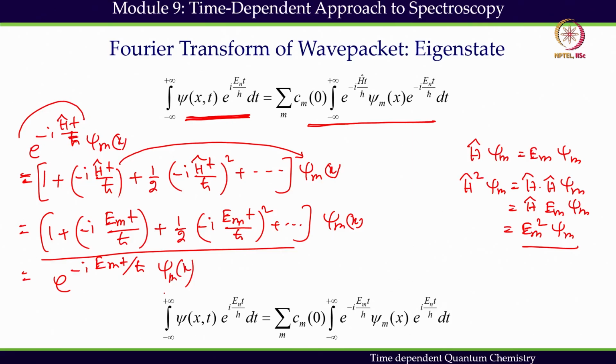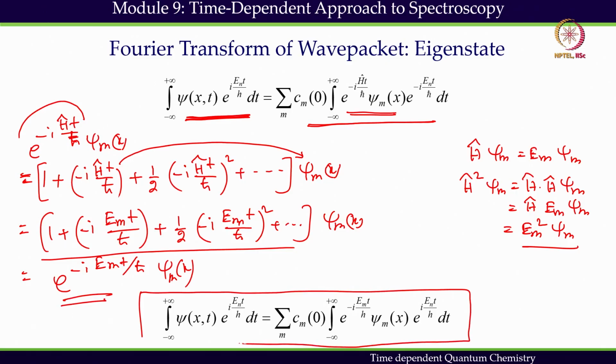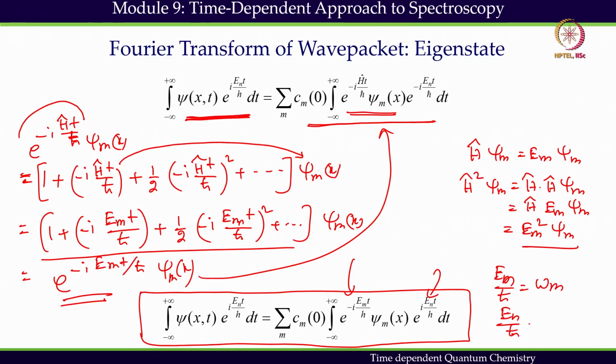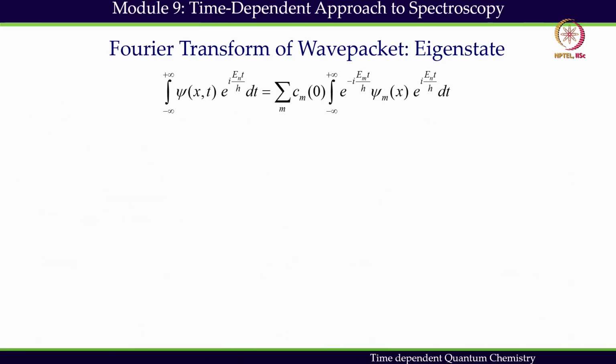So what we have done, we have proved that this part can be written in this simplified form, and as a result we get this form where we do not have the time evolution operator, we now have time dependent phase factors, because we are going to insert this one here and we get the time dependent phase factor. Once we get this, we know that Em by h cut is nothing but omega m, and En by h cut is nothing but omega n. So we can insert that, and what we get here is that